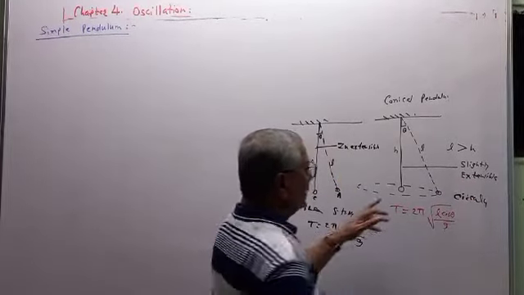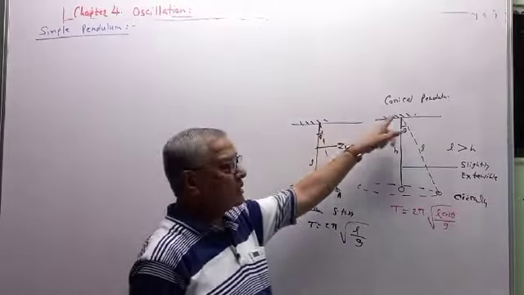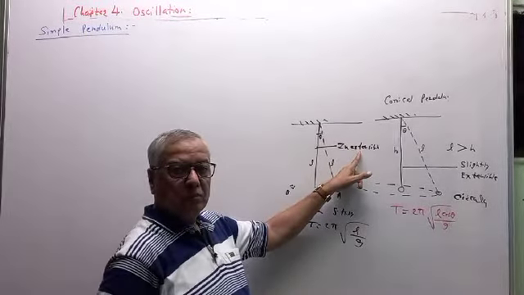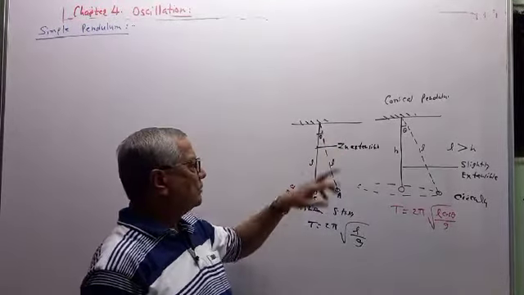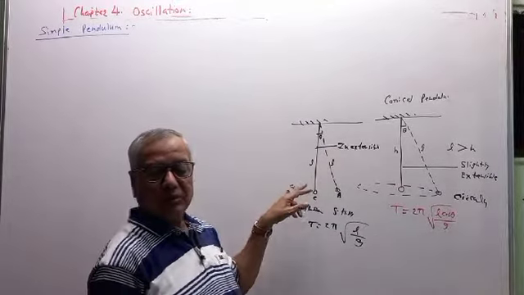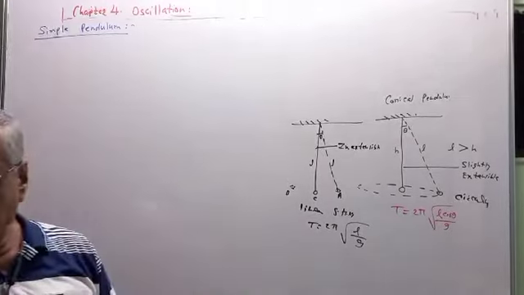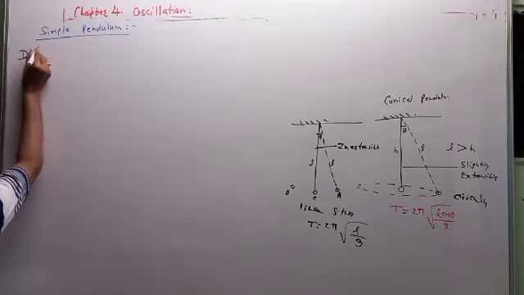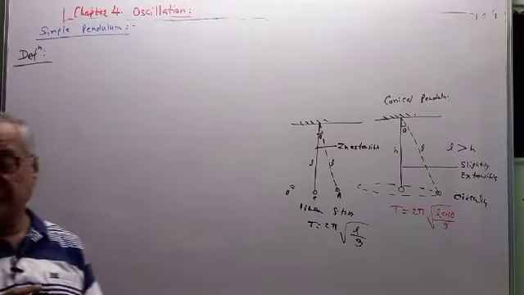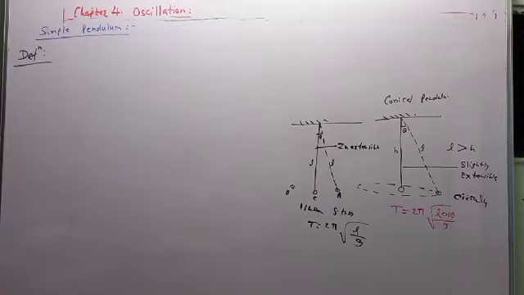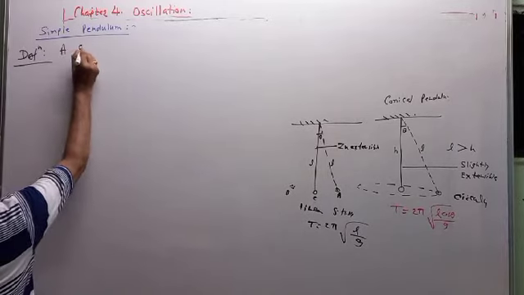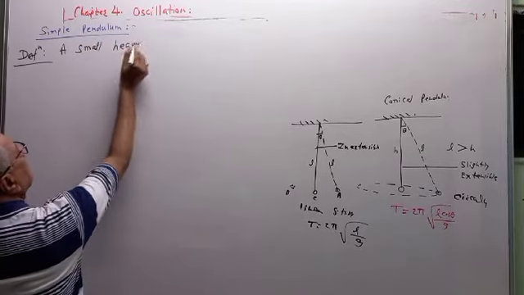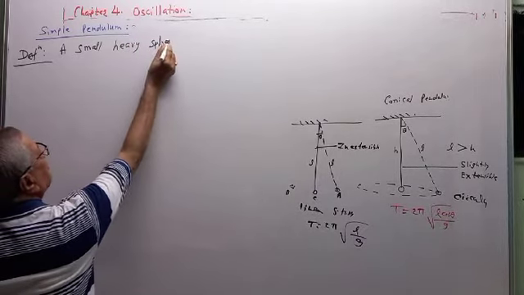A small heavy sphere, the bob, suspended from a rigid support by a light, inextensible, twistless string is called a simple pendulum. So first we will give the definition of the simple pendulum. Definition: a small heavy sphere, it is also called the bob of the pendulum,